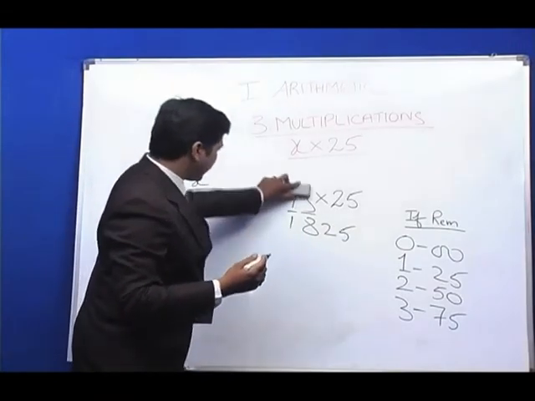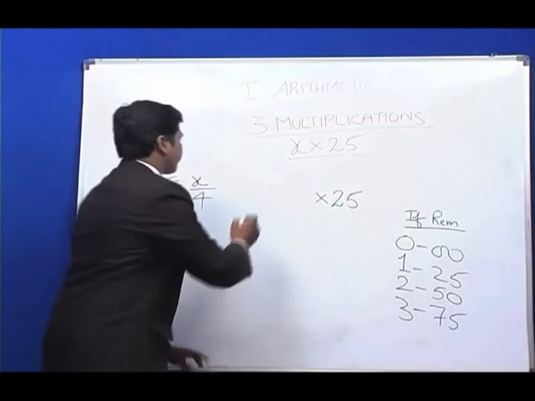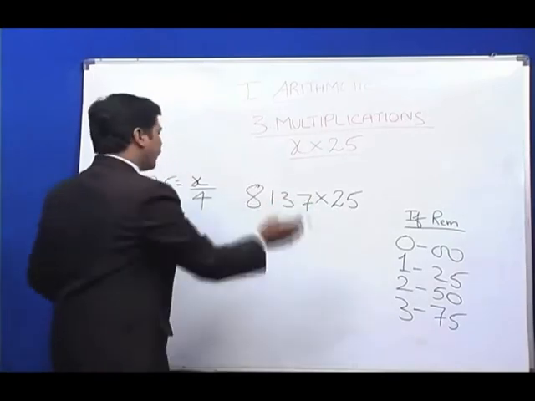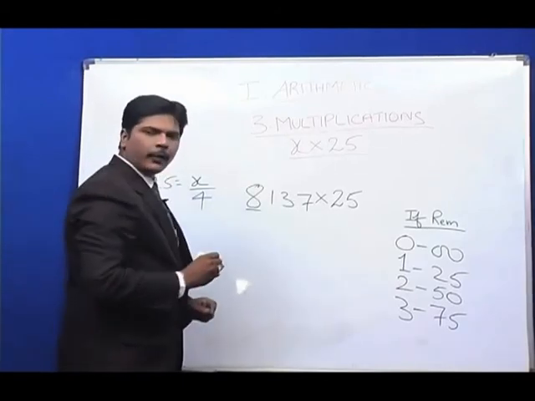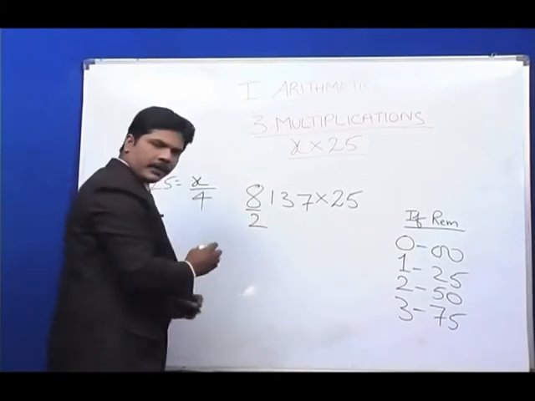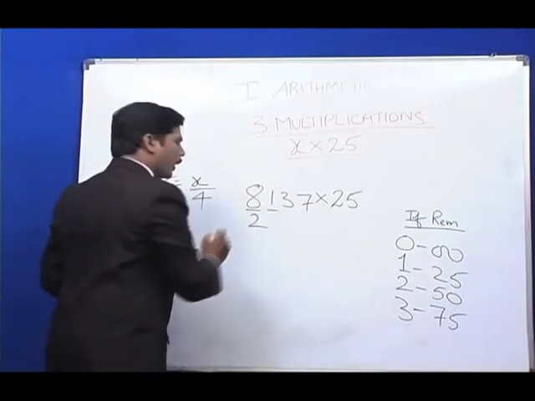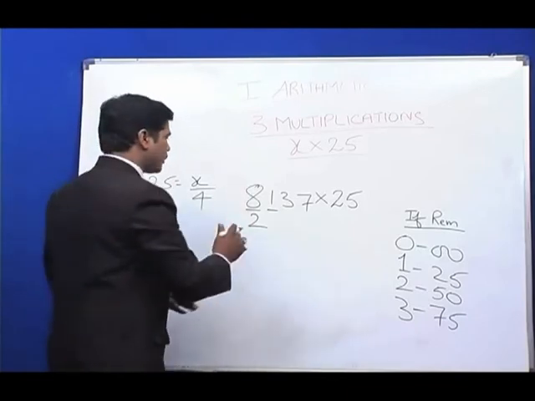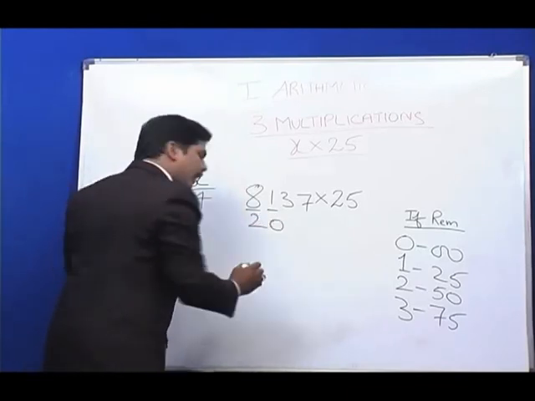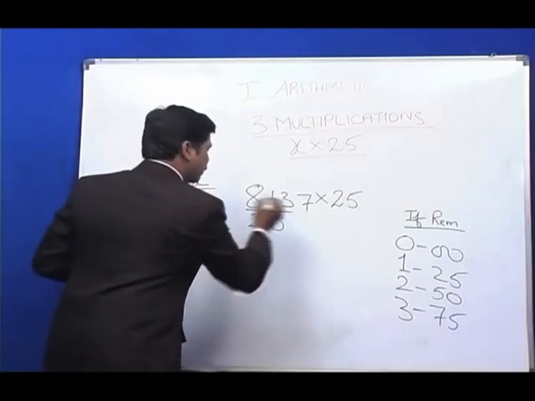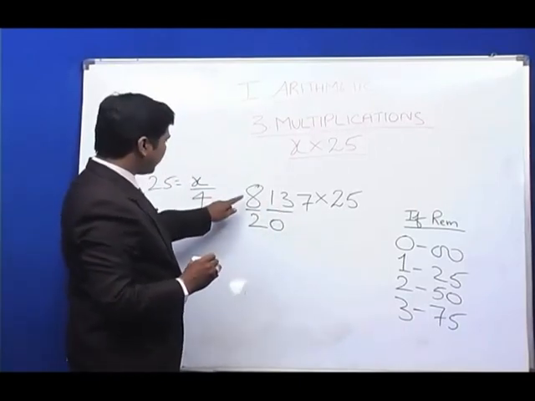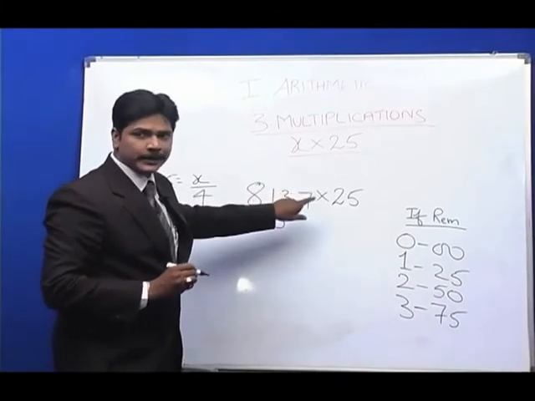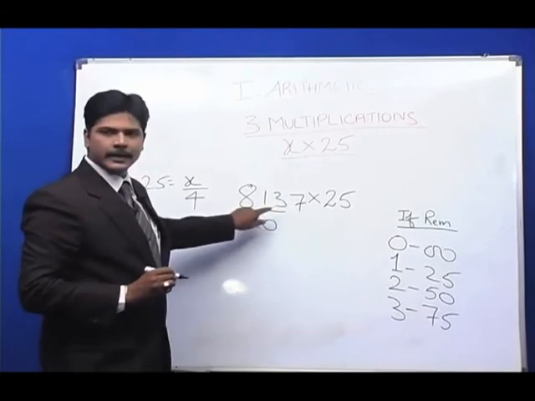Now let's go for the next one. Now how much is 8137 times 25? Underline the first number, 8. 4 goes in 8 twice. 4 2s are 8. No remainder. Go to the next number, underline 1. Will 4 go in 1? It doesn't go. Then what to do? In this case, you must put a 0 there. Only after putting a 0, we can take the next two numbers. If the number is actually starting with 1 and it doesn't go, we start with two numbers. But if you are in the middle, we can't directly take two numbers. Only after putting a 0, we can take the next two numbers.